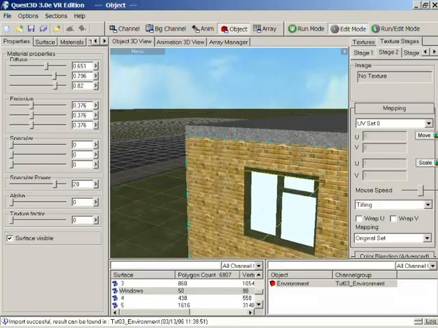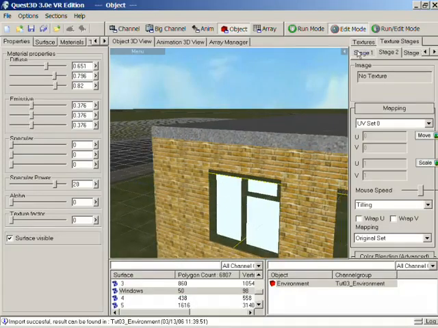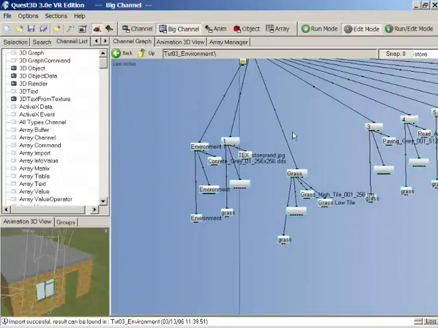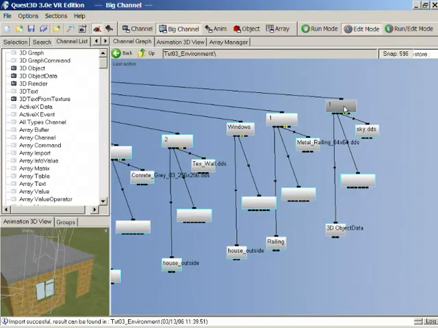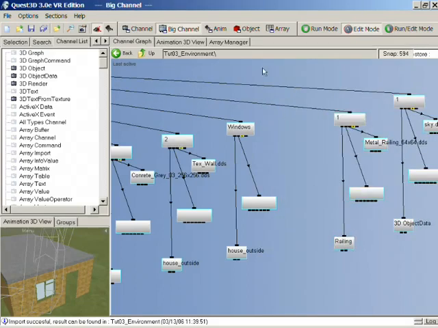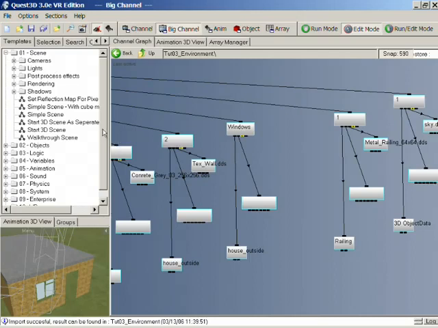Great, okay, so we've got the window surface here. Now let's apply a texture to it. So back to the channel section again, find the Windows surface on here. Now really we want some kind of a reflective texture, and I know there's a good one in the templates for Quest. So let's go over to templates,